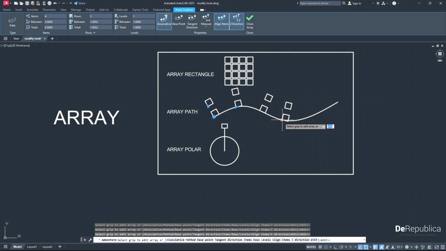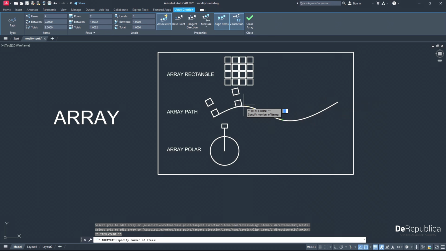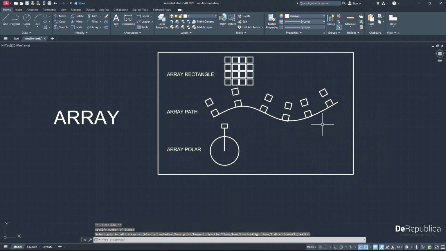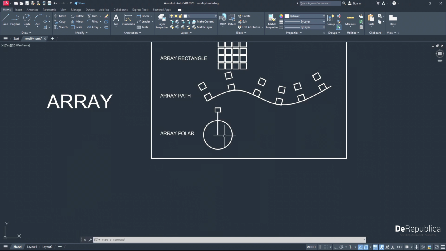Or we could simply click and move this arrow here to create more or fewer arrays. Click again to exit, spacebar to exit the command totally. So array rectangle, array path, and now array polar, which allows us to create an array around a circle,